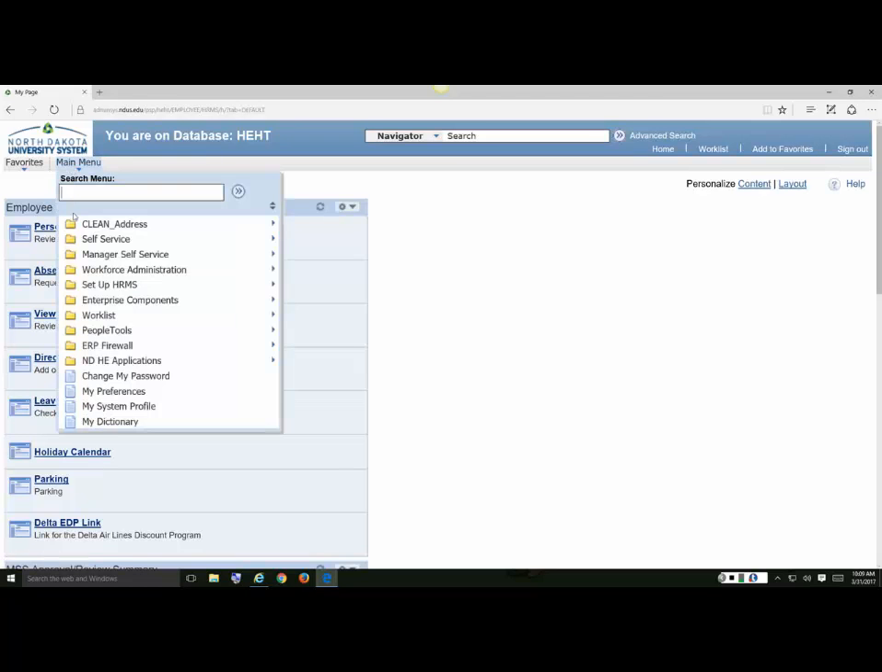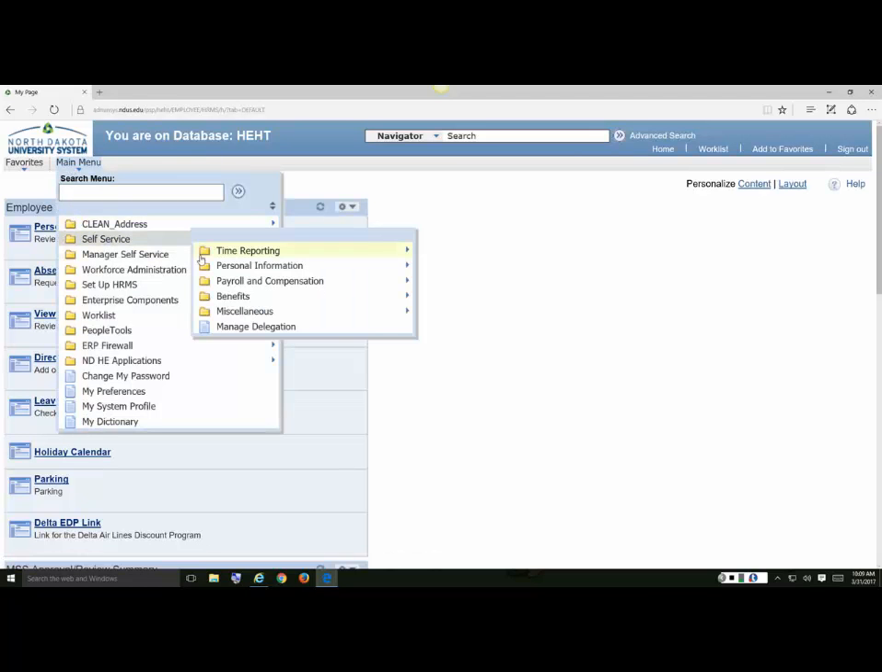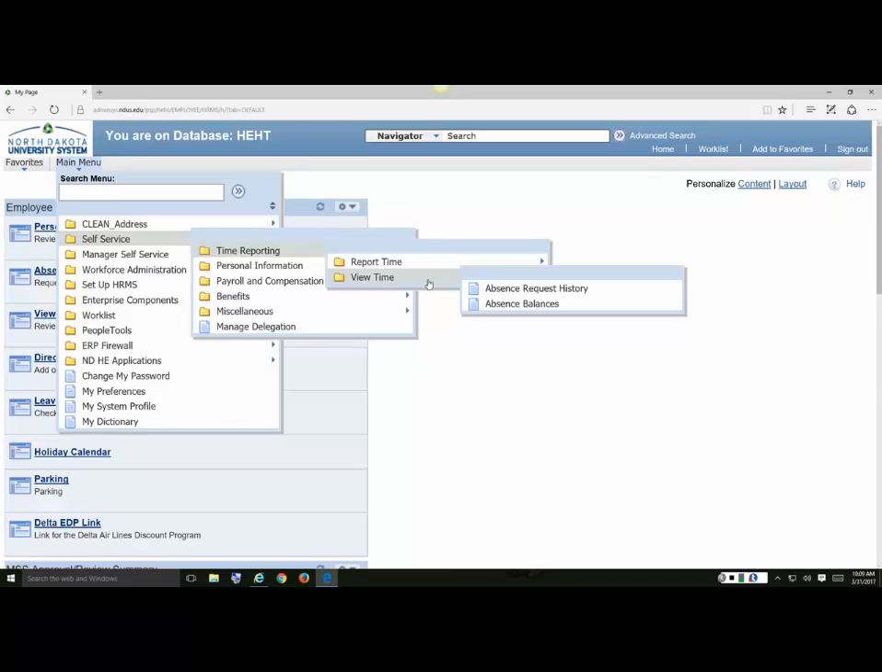Under main menu, self-service, time reporting, view time, and then there is the absence request history screen and the absence balances screen. What I would suggest for people, if they don't want to navigate to these every single time, is navigate to them once